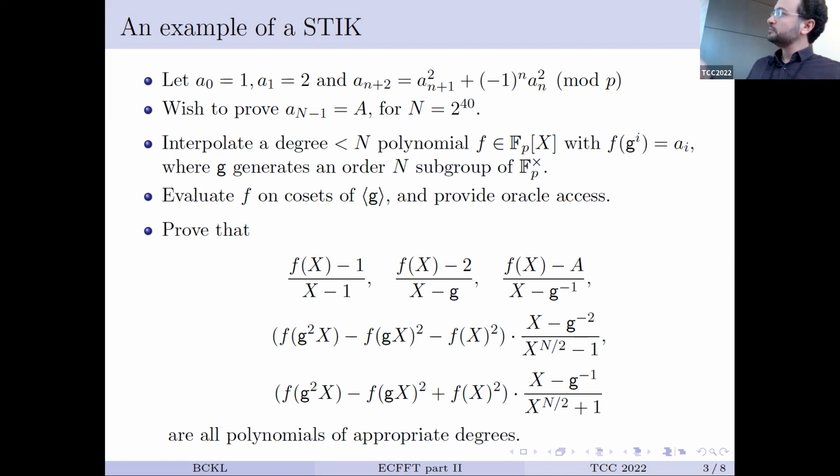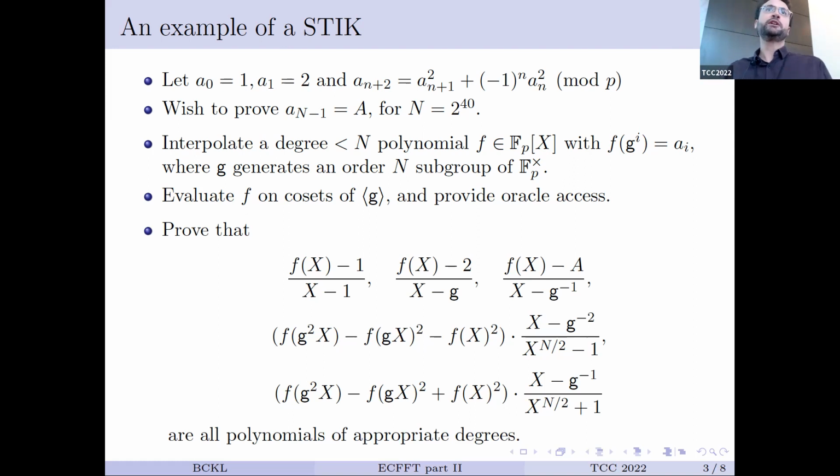And that means that this thing will be 0 for x equals 1, g squared, g to the 4th, and so on up until g to the n minus 4, but not for g to the n minus 2, because a0 is not an minus 1 squared plus an minus 2 squared. So it should be divisible by a polynomial which vanishes at all of those points. And this polynomial, if we write it down, then it will have many, many coefficients.